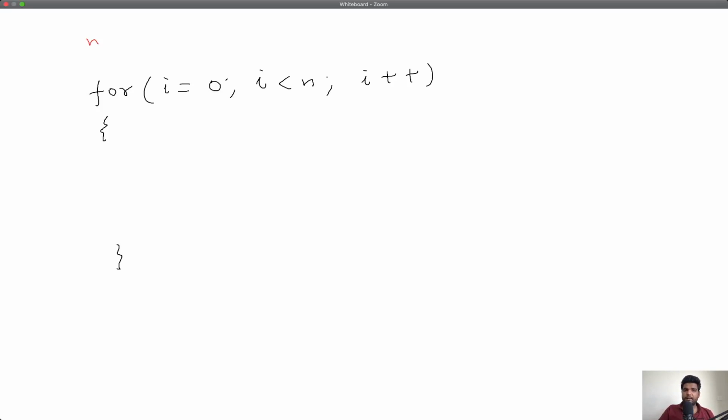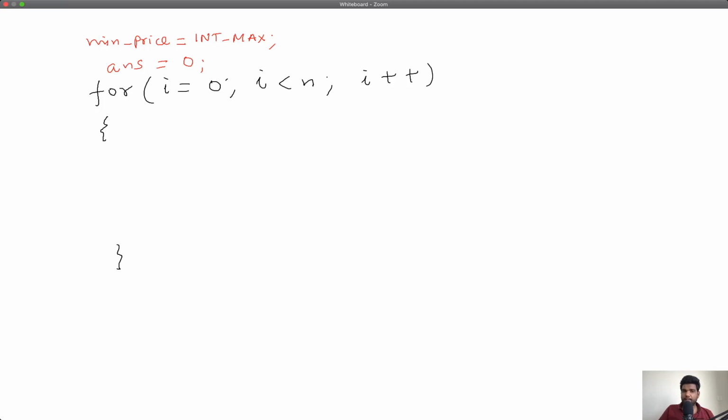Let's keep a variable which tracks the minimum price of the stock. You can initialize it with a very large number, very similar to what we did in the previous video. For maximum, we initialize it with a very small number so that the first time you take the max, the change takes effect. If you initialize it with a very large number, the first time you take the minimum, the change will take effect. So this is the min price, and you have another variable, which is your answer, which you can initialize to 0.